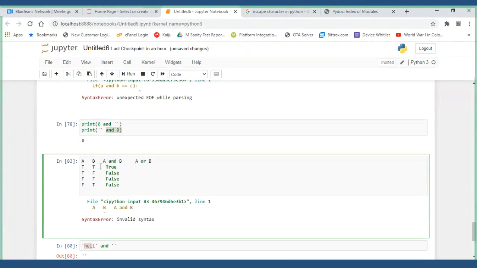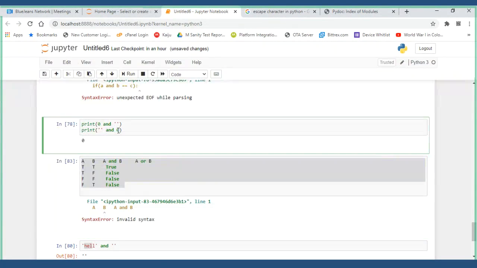It doesn't return true or false. This will return the values but not true and false. But for you to understand, I'm just giving you this comparison.